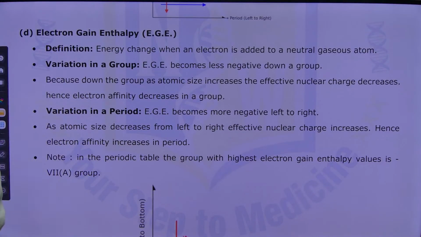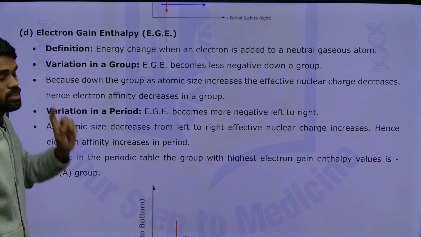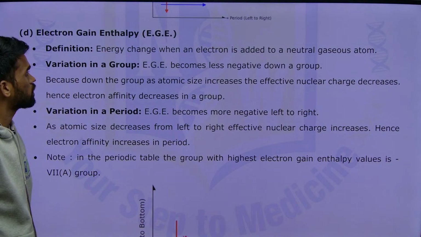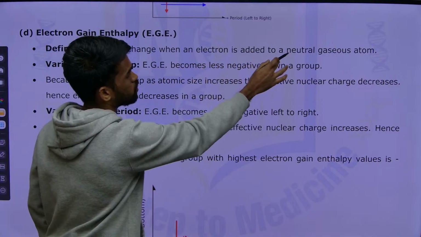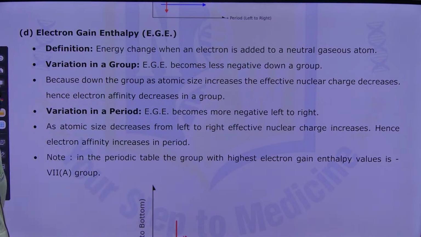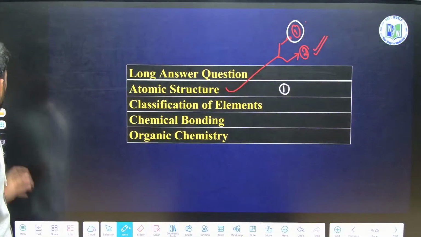Next, one more thing we have here is electron gain enthalpy. So, what do we mean by electron gain enthalpy? It is the energy change when an electron is added to a neutral gaseous isolated atom. It means